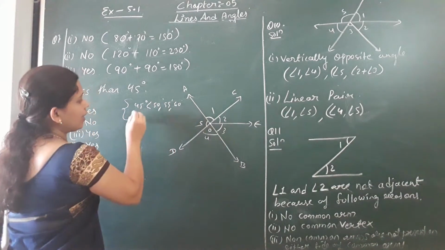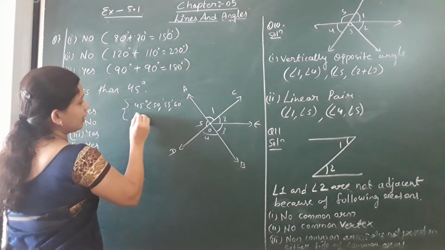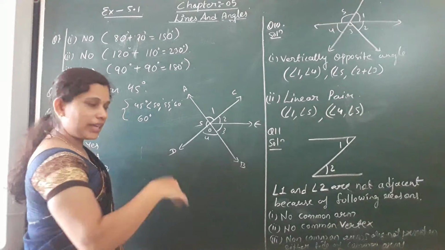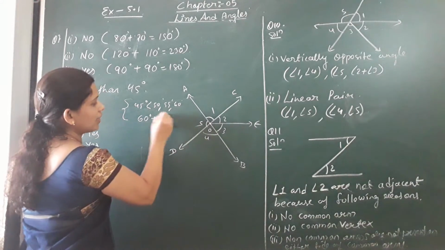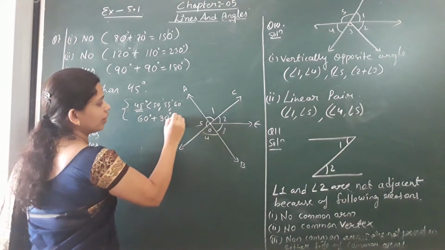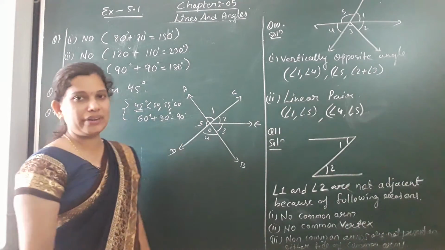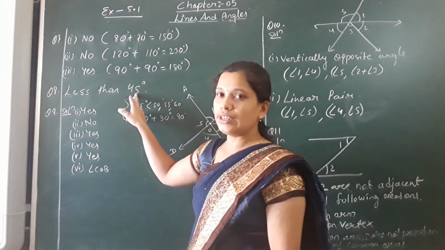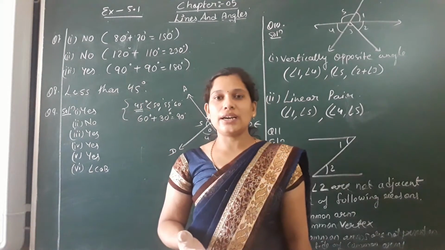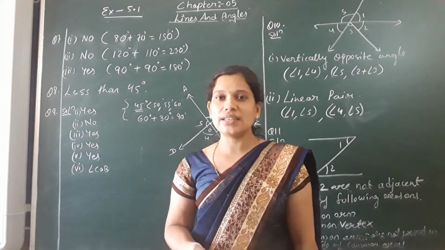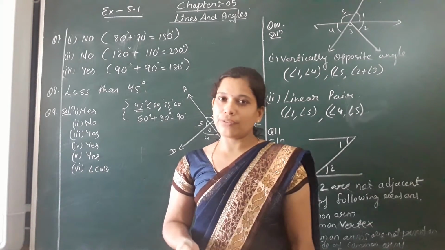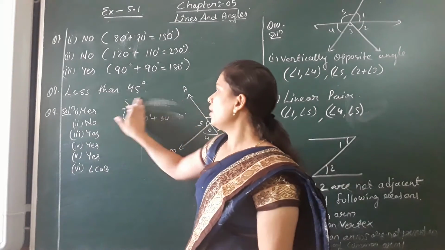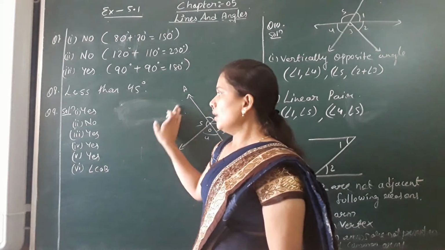So if one angle we have is greater than 45, suppose we have an angle of 60 degrees, that means the second complementary angle will be less than 45, only then both add up to give us the answer 90 degrees, complementary angle. So that's why it is said that if one of the angles is greater than 45 degrees, then what will be the next angle? The second complementary angle will be less than, greater than or equal to 45. So obviously the answer will be less than 45 degrees. Clear everyone?